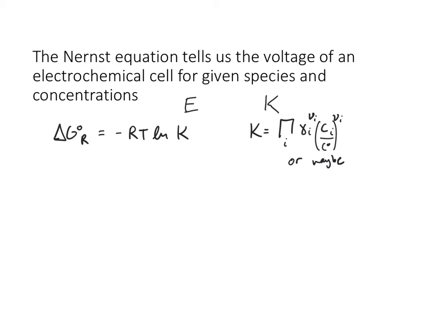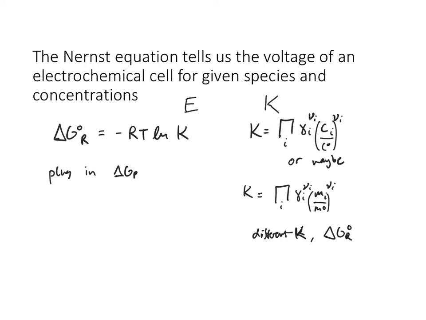Or maybe K is a multiplication of a different kind of activity coefficient times a molality, depending on which theory we're applying. And whether or not we use concentration or molality, it's going to result in a different K, by the way. And also a different delta G R naught, depending on whether you're using the standard state molality or the standard state concentrations. So now over here into this equation, we're going to plug in what we saw on a previous slide,